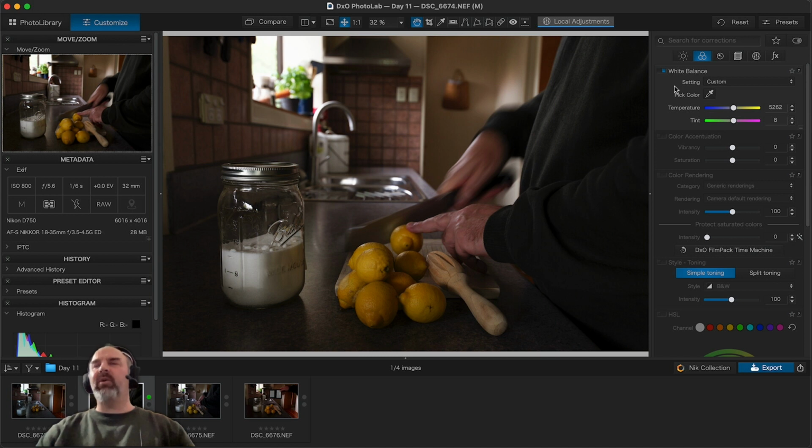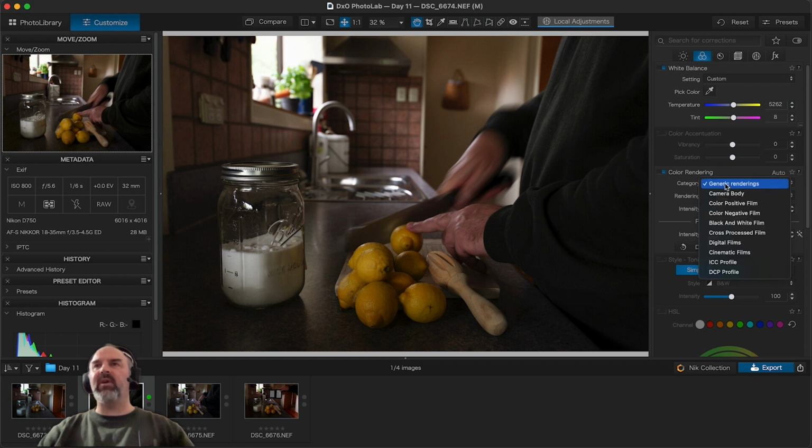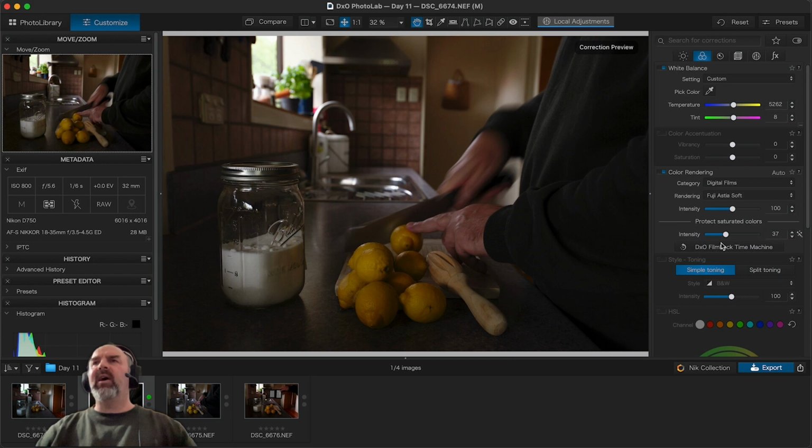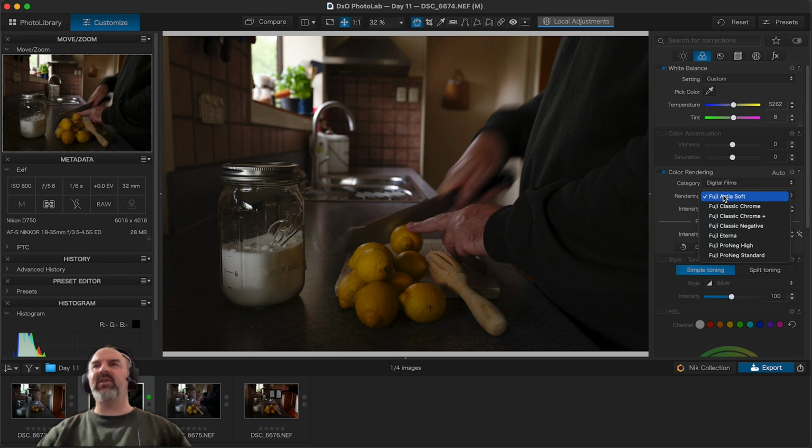Now, as I continue on, I'm going to stay on the color tab for a minute because I was thinking that I actually wanted to use one of my color renderings on this particular one. So I'm going to come into color rendering down here. And right now it's on just the generic for the camera default. But I'm going to come here to this category, which has been recently added. And I believe, again, that this is only here if you've got DxO Film Pack. But it's got basically the Fuji film simulations in it as produced by DxO, and that often leads to some nice colors. And I have already had a look, and I decided that I quite liked this Fuji